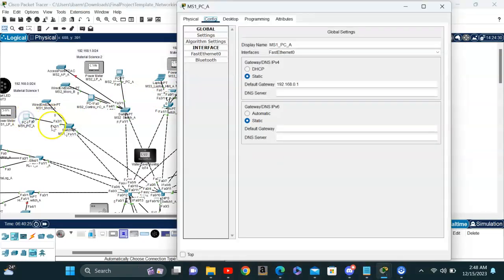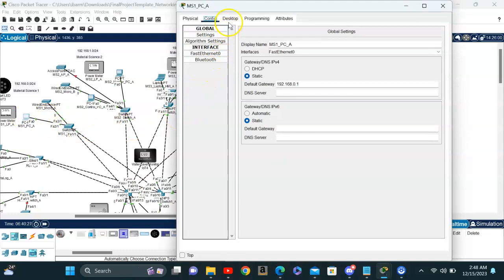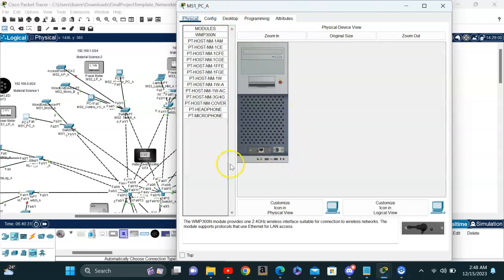But if you were to go to this one, you can see that you can make it wireless, and it would actually, oh, we've got to go to the physical. You've got to actually take this out and maybe put